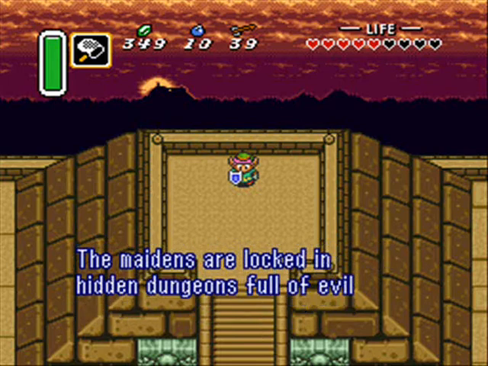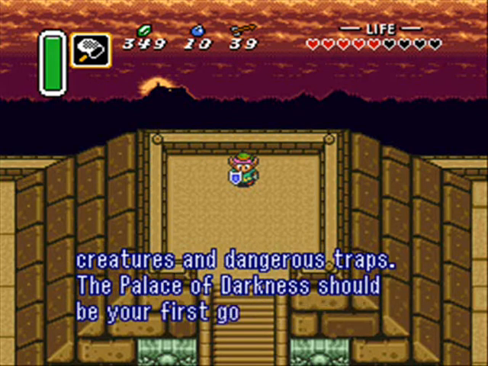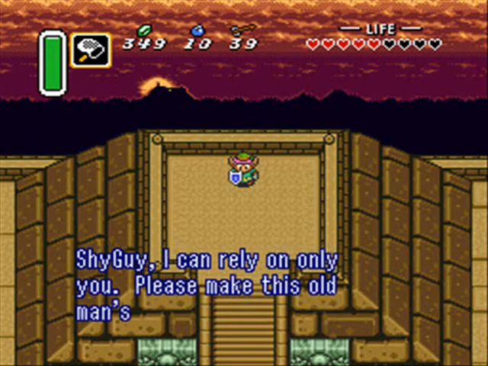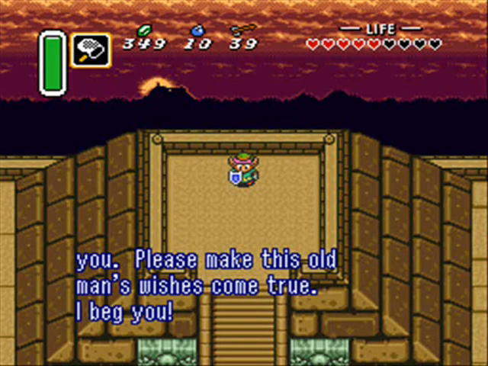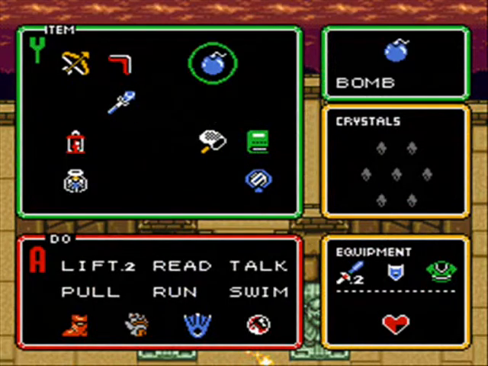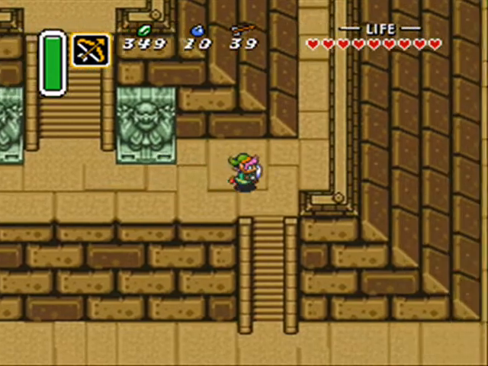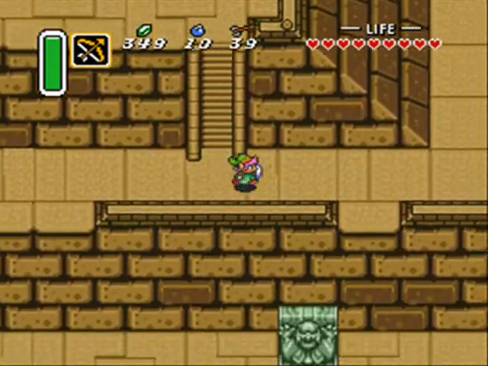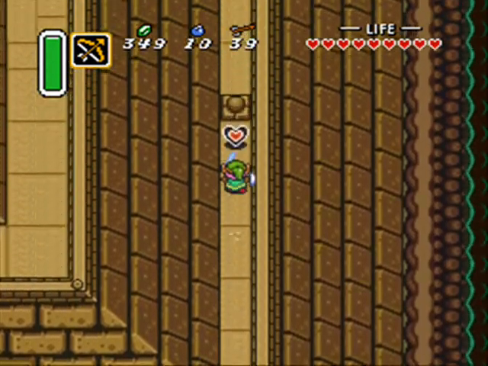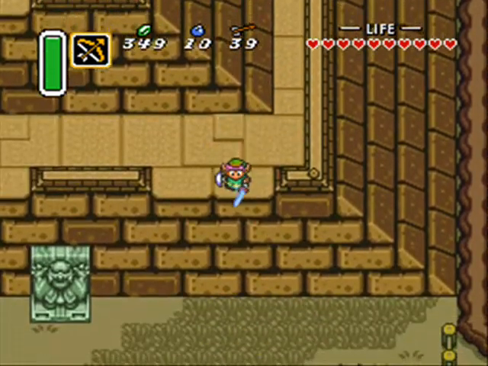Yes, they're locked in hidden dungeons full of evil creatures and dangerous traps. And he tells us where to go for the first one, which is where I believe you have to go in the Dark World first, the first dungeon. After that, you could pretty much do any dungeon in whatever order you want. Because I think generally most people leave, at least for speedrunning, the second Dark World dungeon for the last Dark World dungeon, or second to last, something like that. However, I am not very familiar with speedrunning this game, so